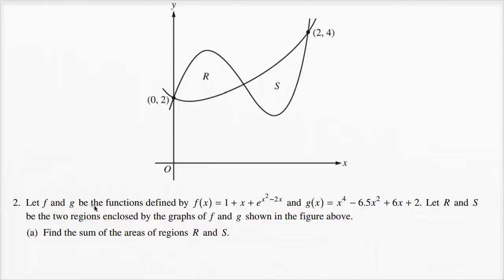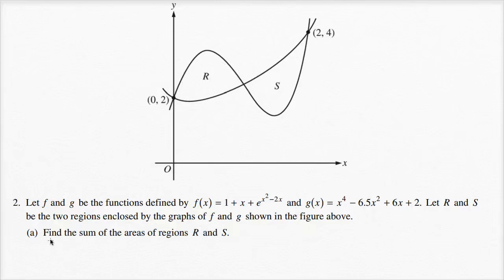Let f and g be the functions defined by f of x is equal to 1 plus x plus e to the x squared minus 2x, and g of x equals x to the fourth minus 6.5 x squared plus 6x plus 2. Let R and S be the two regions enclosed by the graphs of f and g shown in the figure above. So here I have the graphs of the two functions, and they enclose regions R and